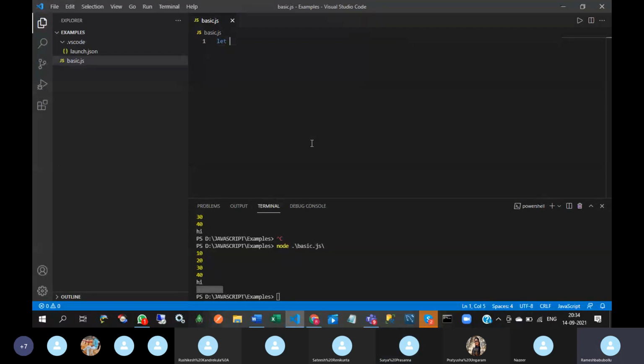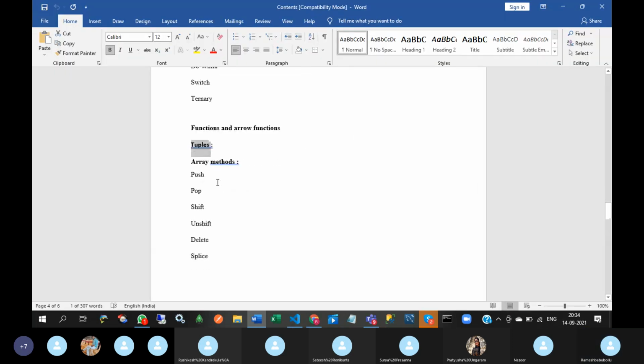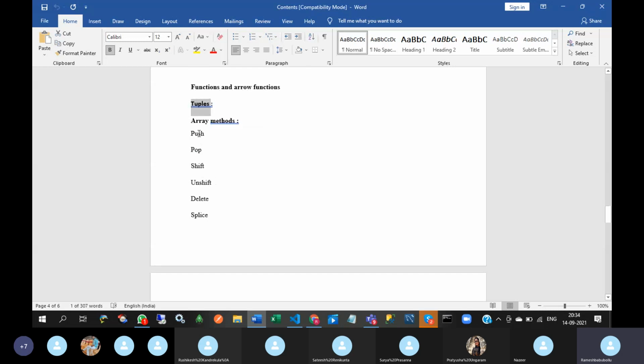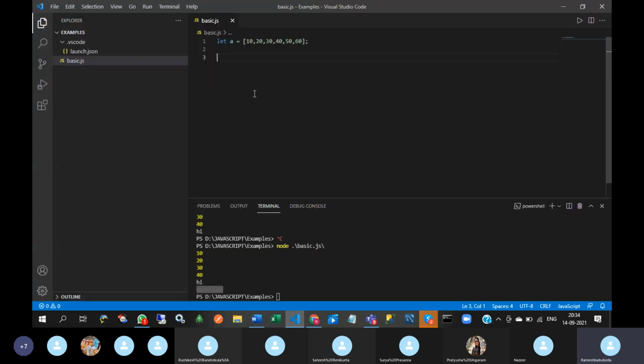Let A equal to 10, 20, 30, 40, 50, 60, like that. So these are the array methods. We will look into one by one.